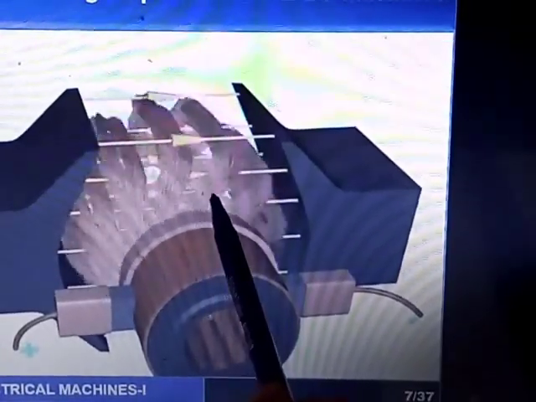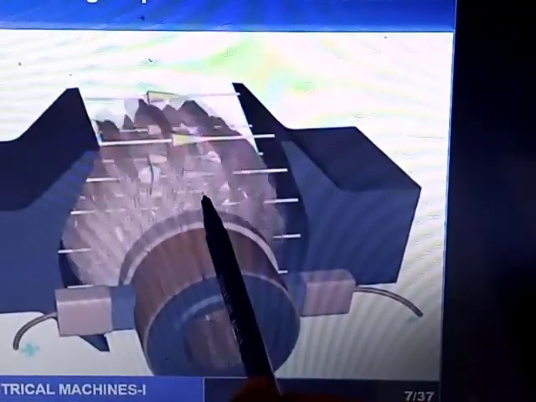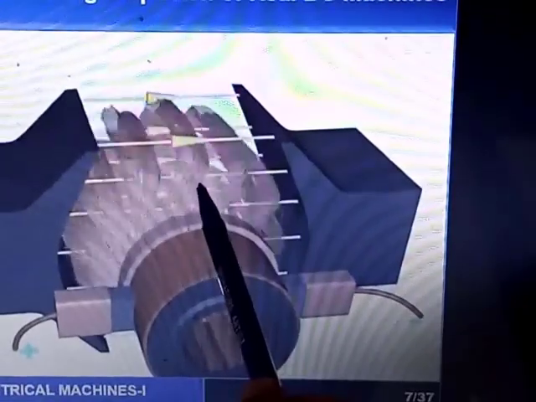In real machines, there are a number of loops and coils, and this is called the number of commutator segments, and these are the brushes. In real machines, we use a number of loops instead of a single loop.